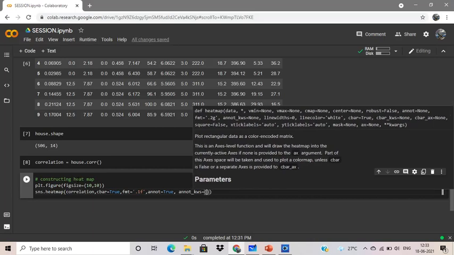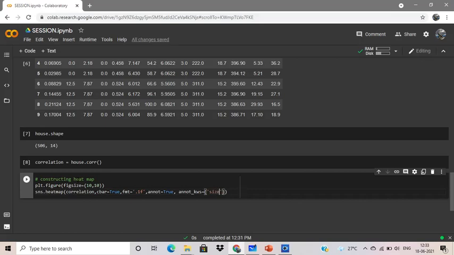So here I am keeping the size 8, and the cmap will just give the color of our map. So let us give the color as red. Now let me just run this code, and then I will explain what annot and annot_kws are.